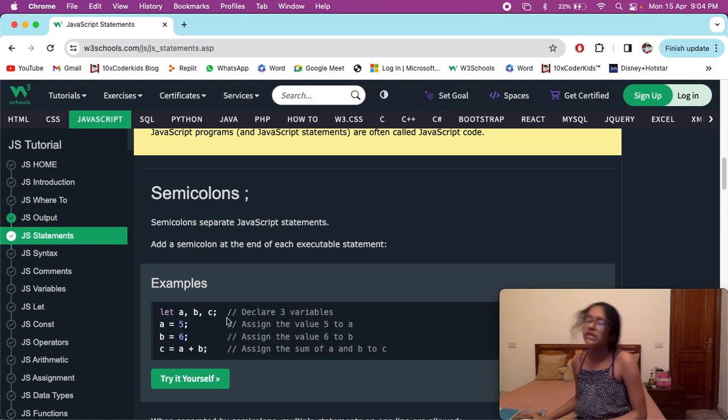Don't think that when we use if, I said we give semicolons after each statement, so I should give a semicolon after if. No, we're not going to do that. Remember, in if there's a condition, and if this condition is true, something happens. Both are connected together, so you're not supposed to separate them.